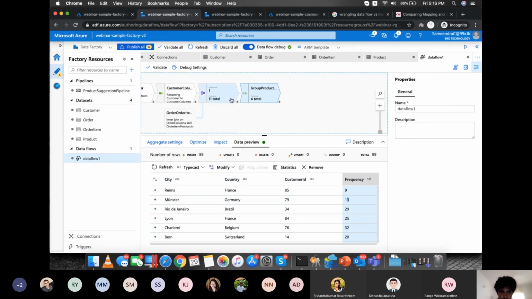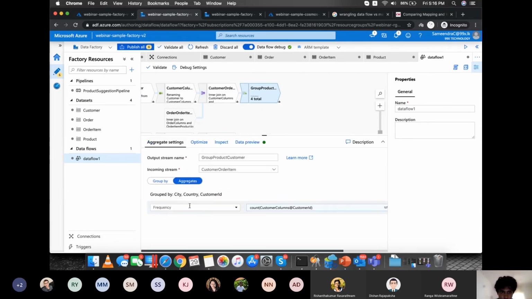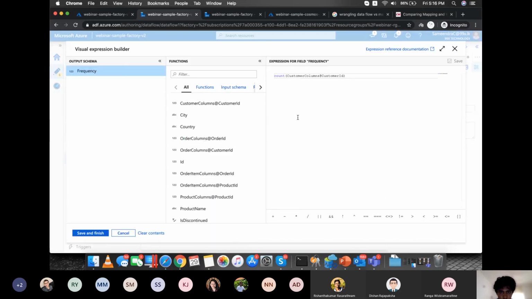Likewise, in the aggregate function, what I should actually do is, instead of this, we have to have the product ID column. You should count the product ID, schema, product ID. And there should be another